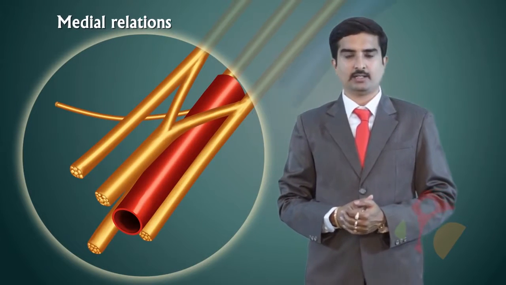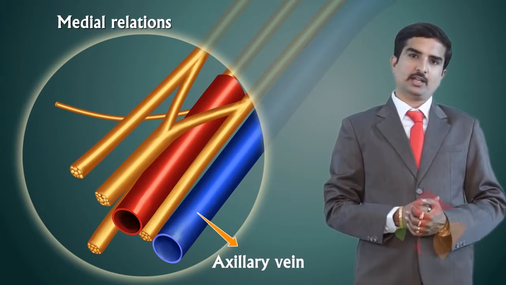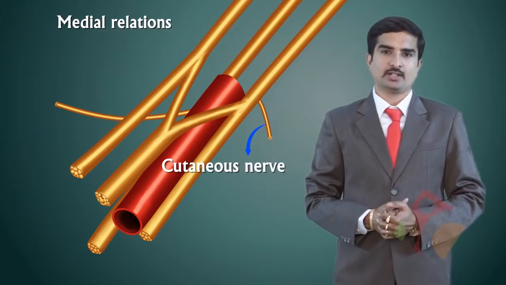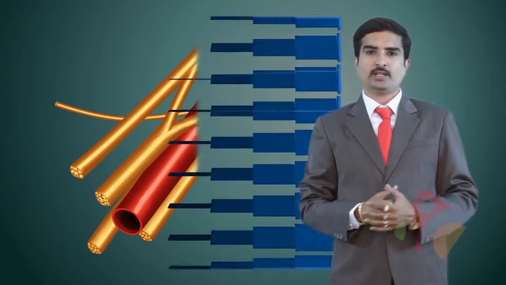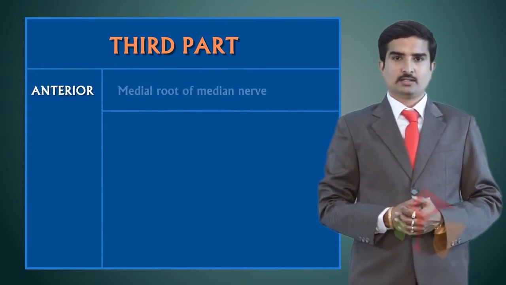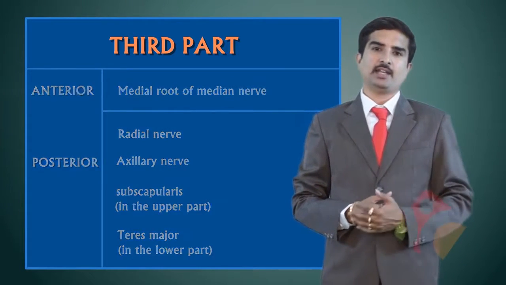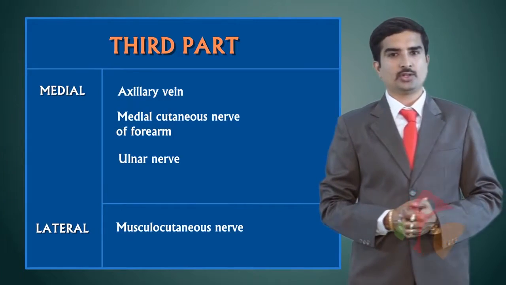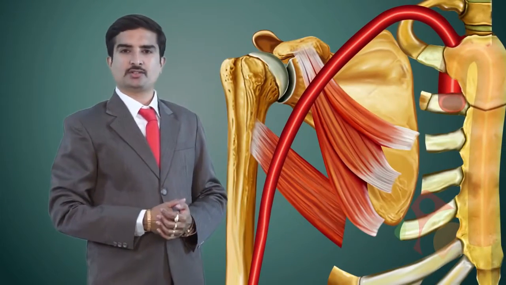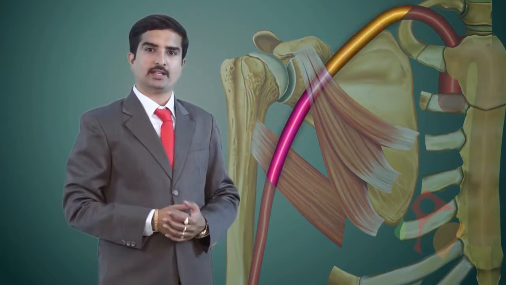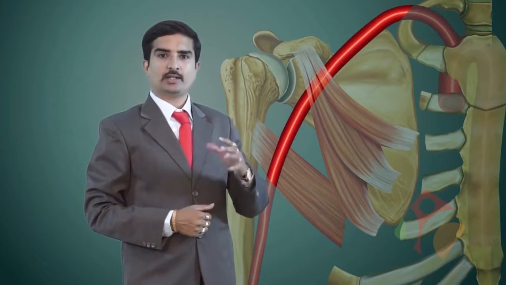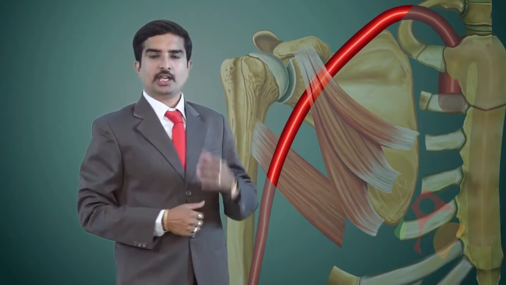The medial relations, as usual, are the axillary vein, along with the medial cutaneous nerve of the forearm. So here we discussed the anterior relations, posterior relations, medial relations, and laterally it is related to the musculocutaneous nerve. After knowing the relations of each part of the axillary artery in detail, now let us concentrate on each branch